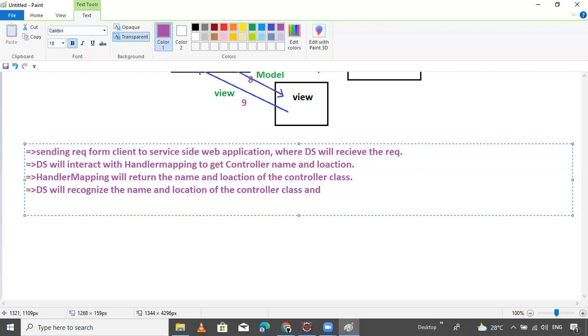And perform loading and instantiation of controller classes. Then after that you can execute now, guys.